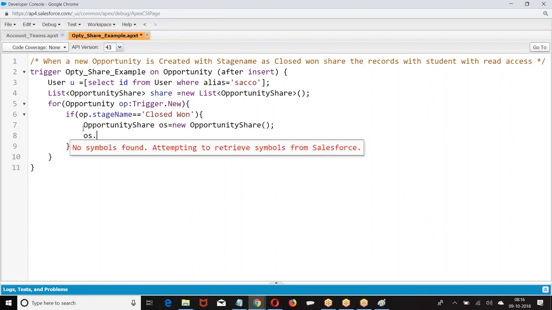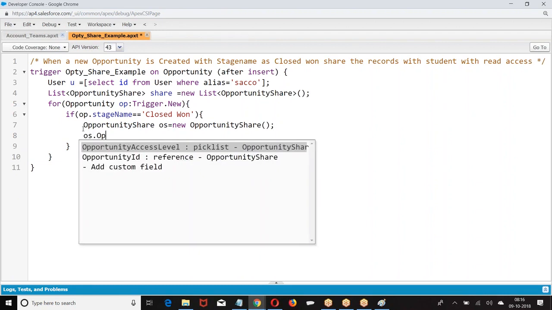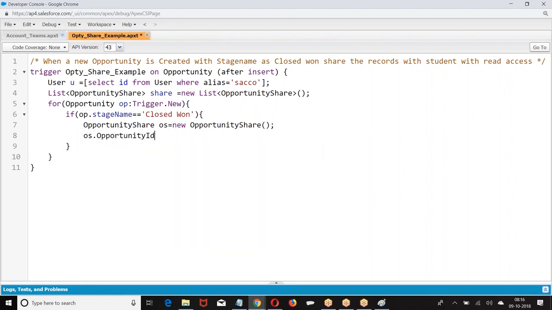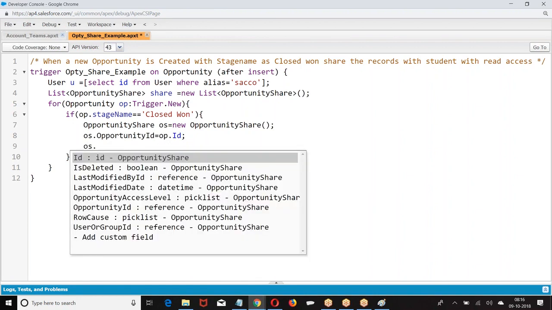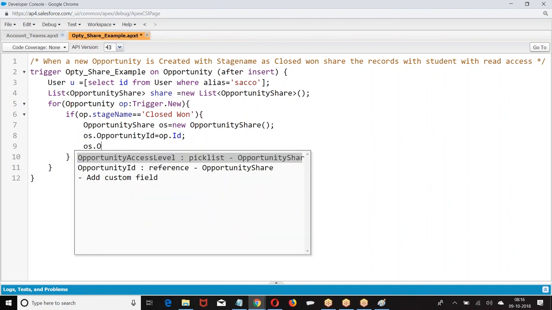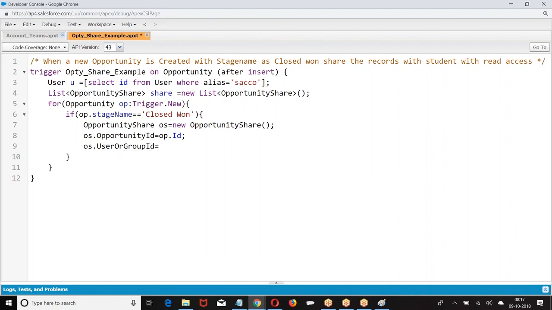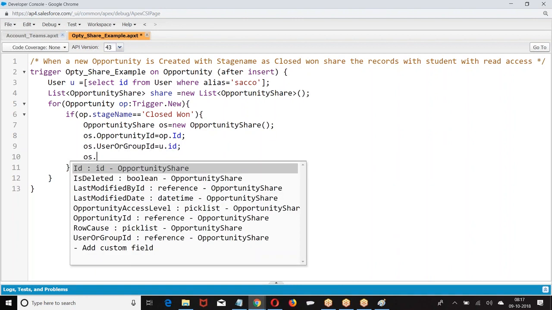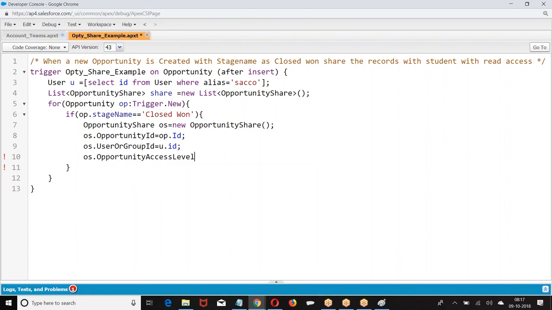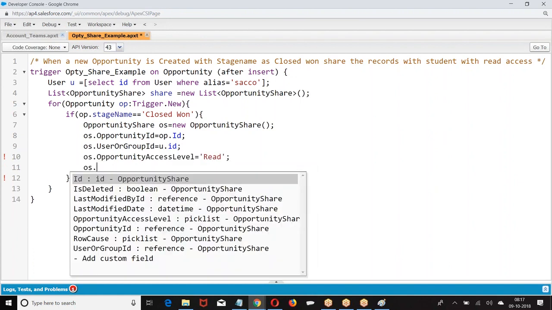Opportunity share, OS dot opportunity ID equal to, OS dot user or group ID, then we have opportunity access level, then what is the next one?